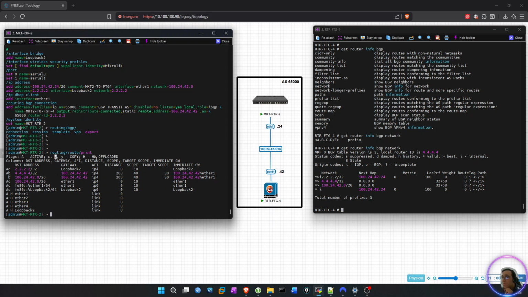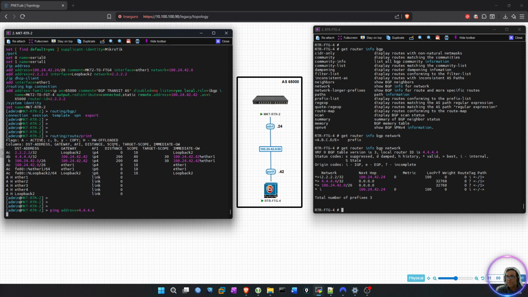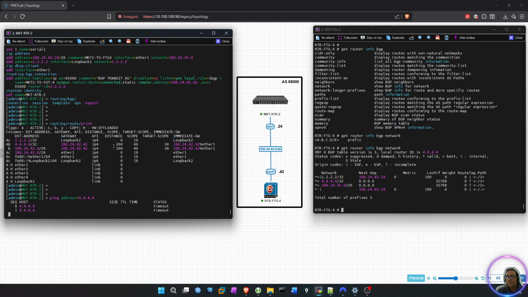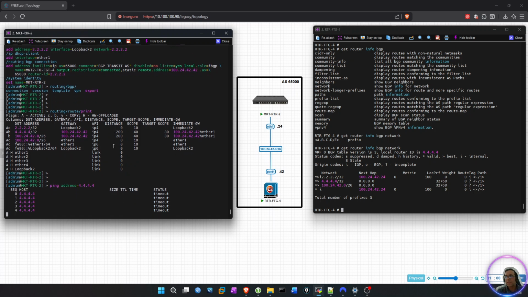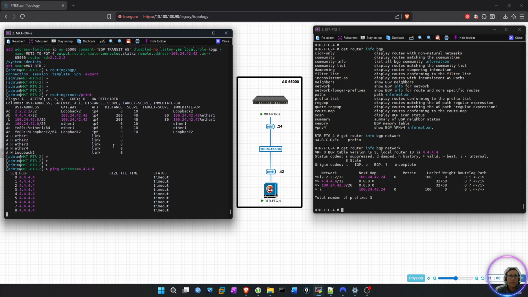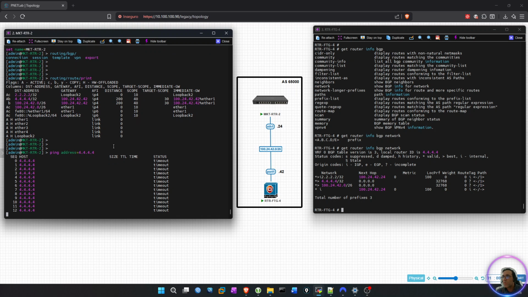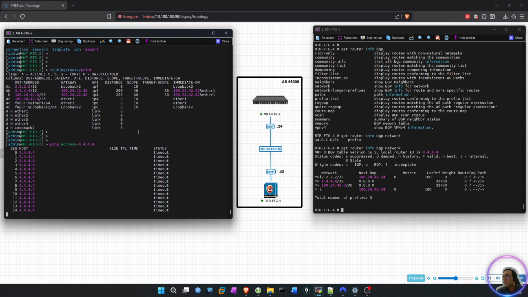Yeah, it should be BGP. So let's try to ping it. Notice the ping will fail. Ping address 4.4.4.4 and it failed. And that's why? That's because we don't have a firewall policy allowing the traffic from port 1 to the loopback